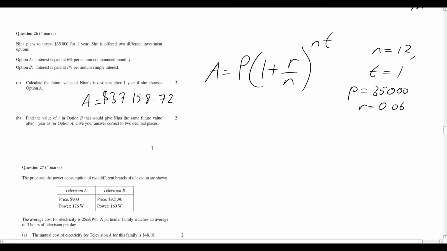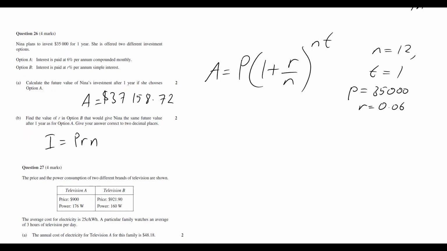We need to quickly look at option B, where it says find the value of R in option B that would give Nina the same future value after 1 year as for option A. And we need to give that answer correct to 2 decimal places. So if it's simple interest, well, we know that our simple interest formula is normally just written out as I equals PRN, I believe, or PRT, depending on what you've learnt